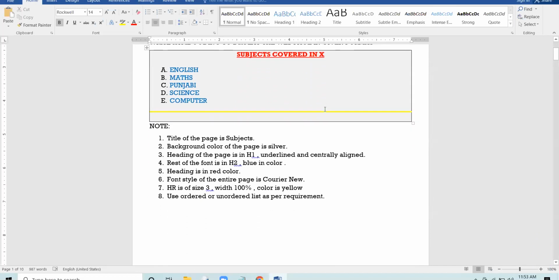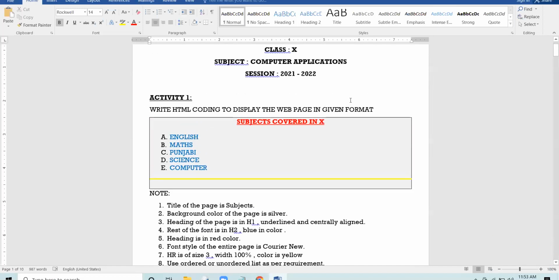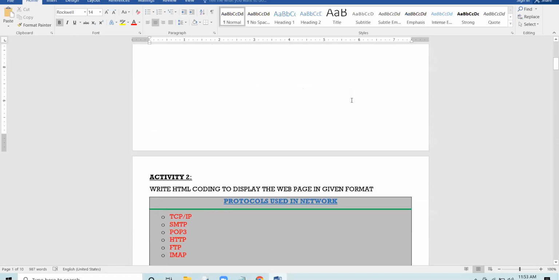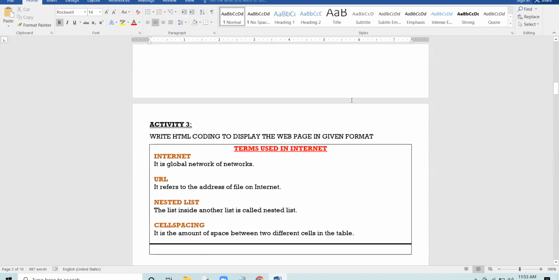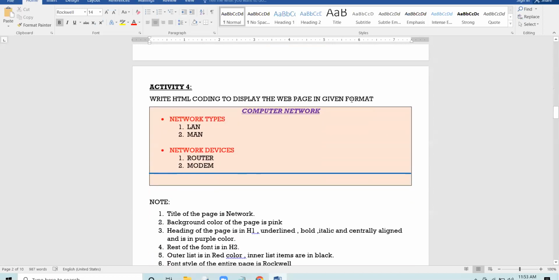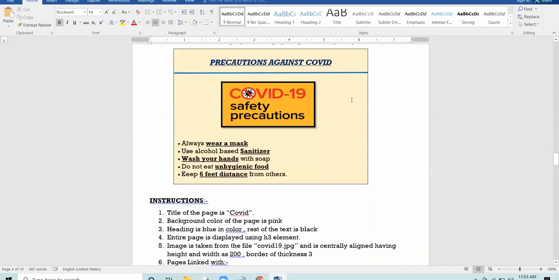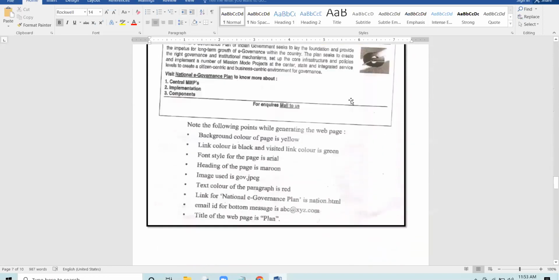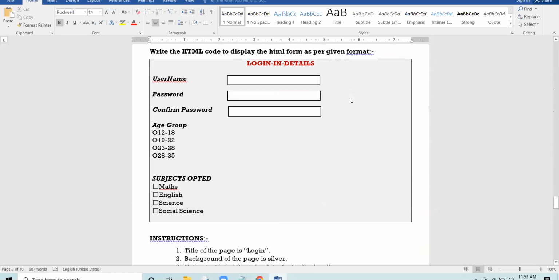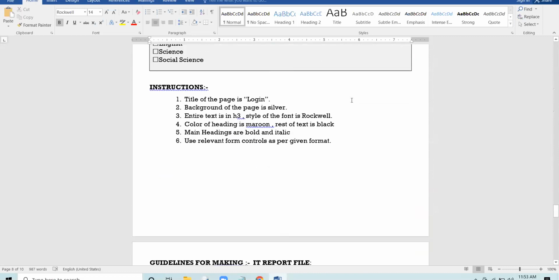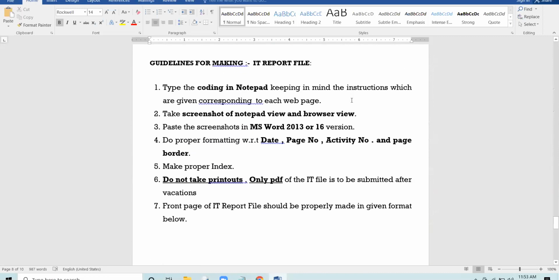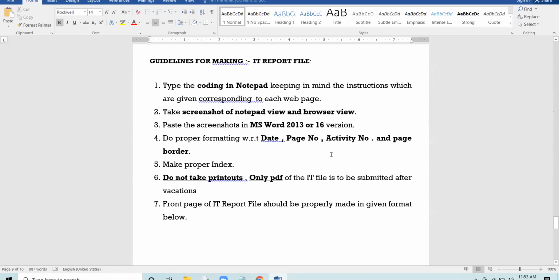These are the web pages for which you are supposed to write the coding in the notepad. This is second web page. This is third web page. This is fourth web page. Fifth, sixth web page, seventh web page, and eighth web page. Total, there are 8 pages, and here are the instructions that are given with respect to your IT report file.